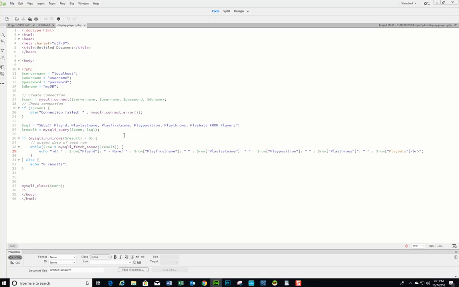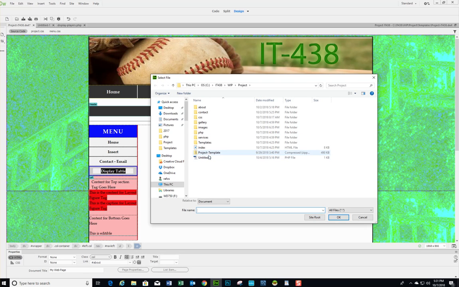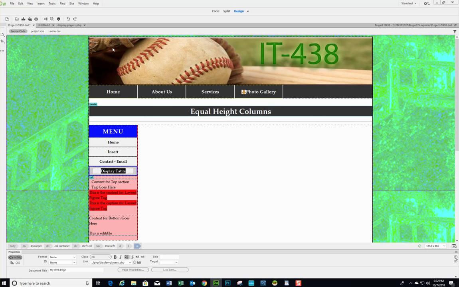You can just take this code and you can modify it using your own field names. The next thing we need to do is, let's just make sure this is saved, which it is because there's no star. We're going to take the display table. We're going to click on the anchor tag, and we're going to make a link to it. And display tables, players here. Click on it, save the template, update all the files,